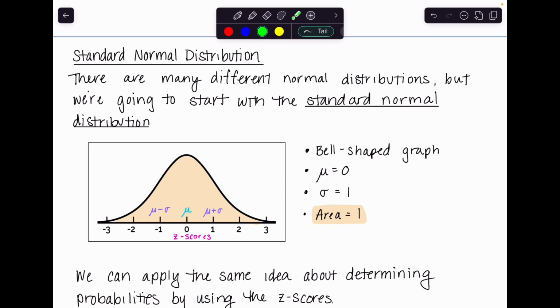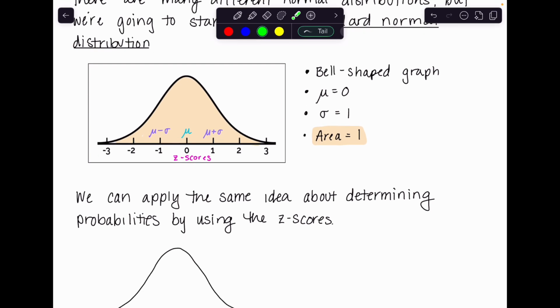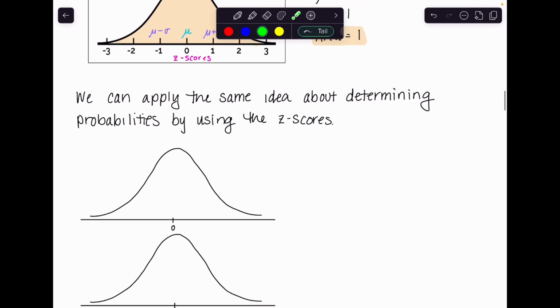I can still use the same process. If I know my z-score is 1.5, this area would tell me my probability of having an output of less than 1.5. And likewise, if I want more, this area would tell me the probability of having a z-score above 2. But I don't have a straight formula for that area, okay? Ultimately, we can apply the same idea about determining probabilities by using these z-scores. To give you some examples, if I know my z-score is say something over here, then this area to the left of it